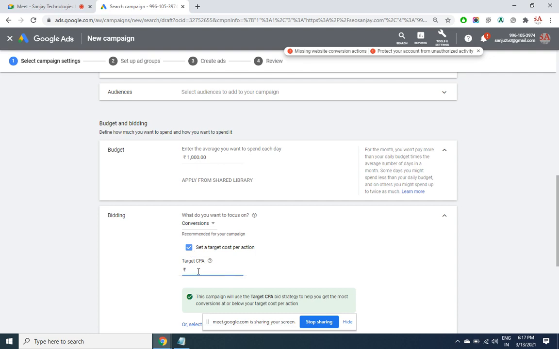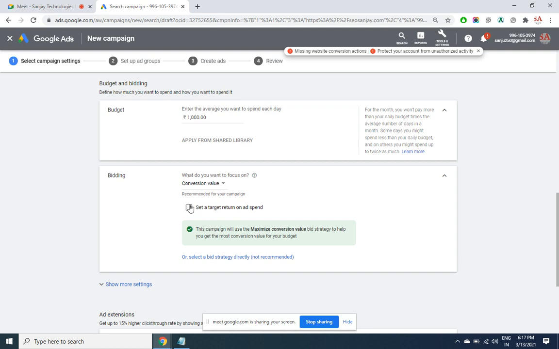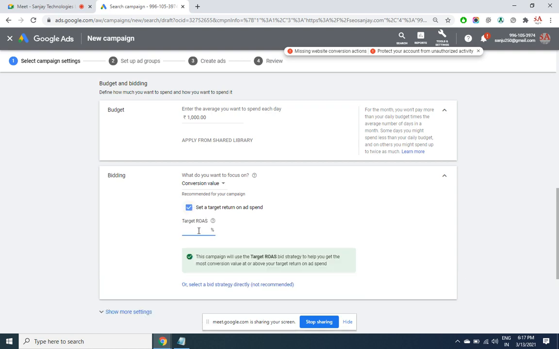I am ready to pay, let's say 500 rupees per conversion. Or I want return on ad spend, 300% return on ad spend. So whatever is the sale value divided by 3, that is what your charge, conversion price, cost per acquisition is. That's what 300% means.